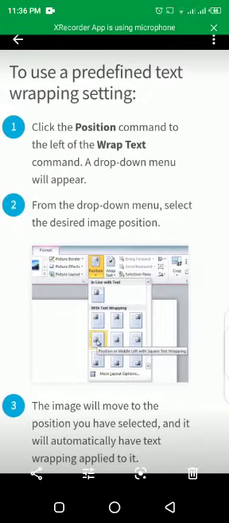Now, to use predefined text wrapping settings. After you have inserted an image or clip art into your document, it's really important to place that picture according to the text. For example, if your document has a format in which pictures are left aligned, that means you are putting your pictures on the left side.